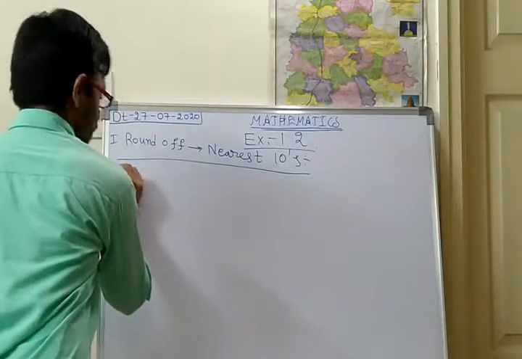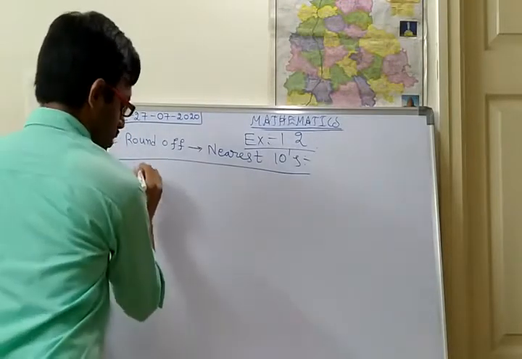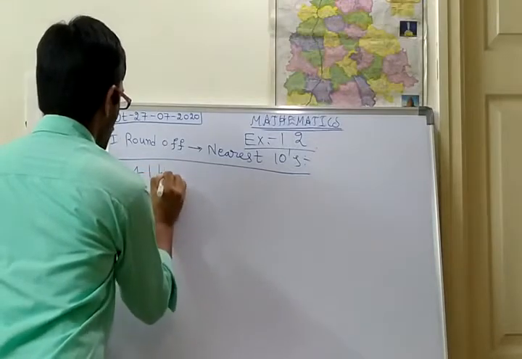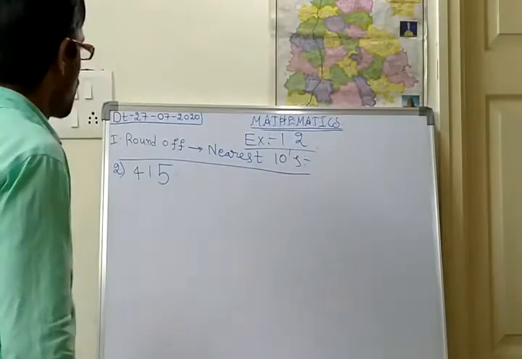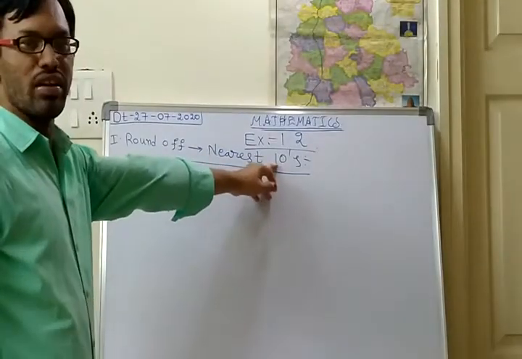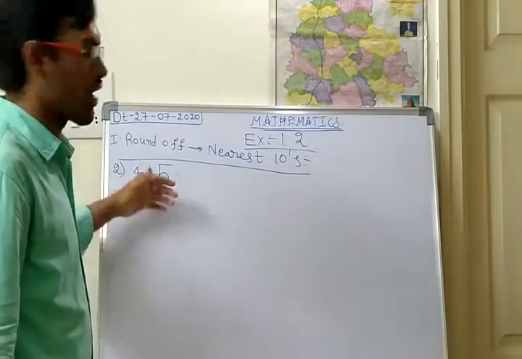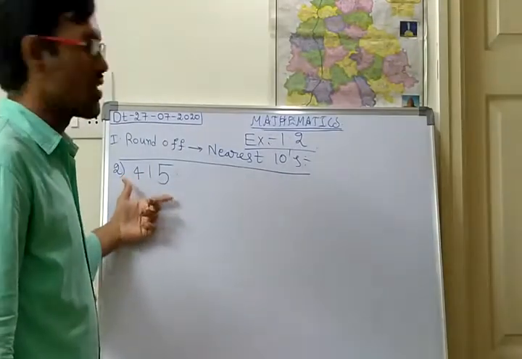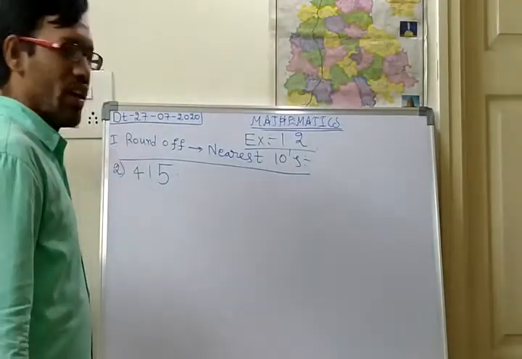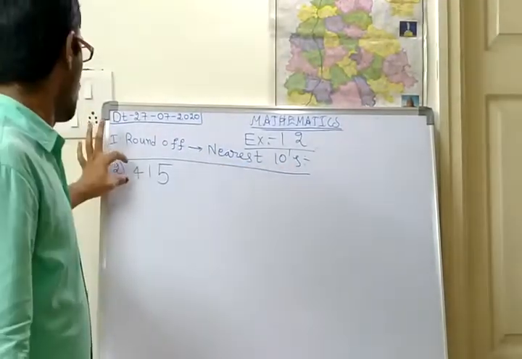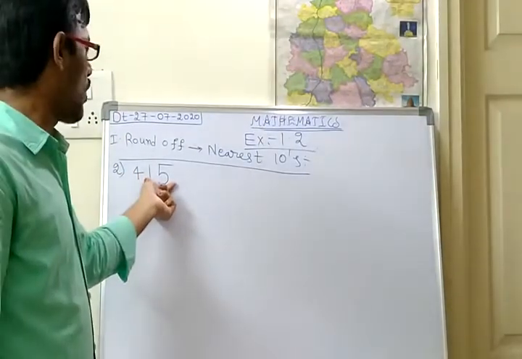In this I am giving you the second problem. What is the second problem? 415. The question is nearest tens. We have to find the nearest tens. Sir, why have you written a 3 digit number? Why can't you write a 2 digit number? He is asking only nearest tens, so however many digits the number has, you should take only 2 digits. You should round off up to only 2 digits.